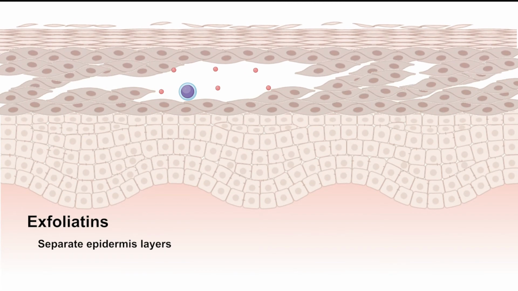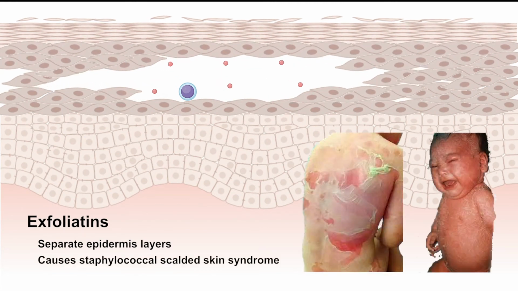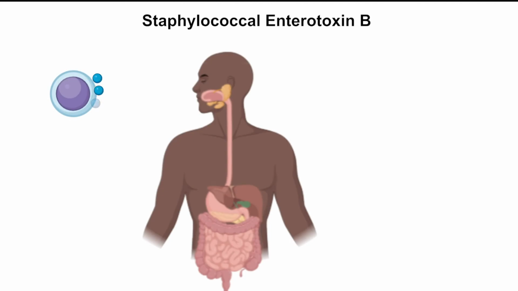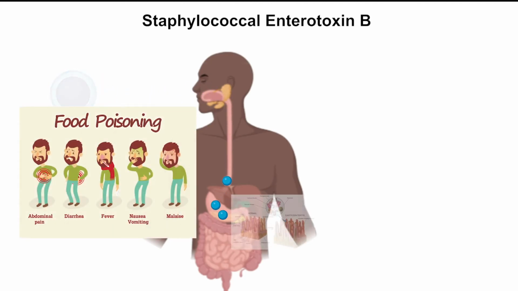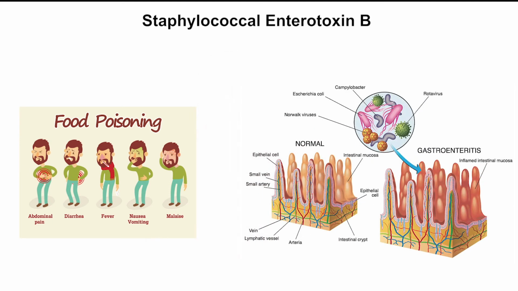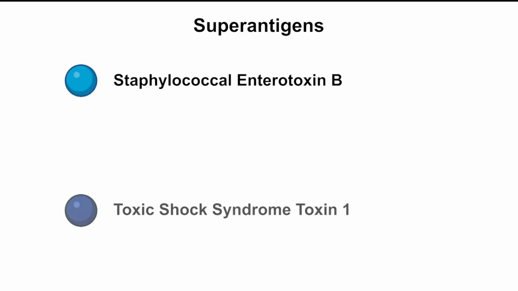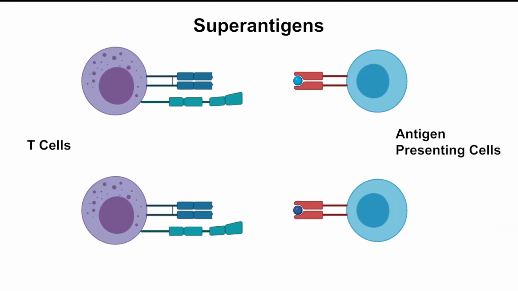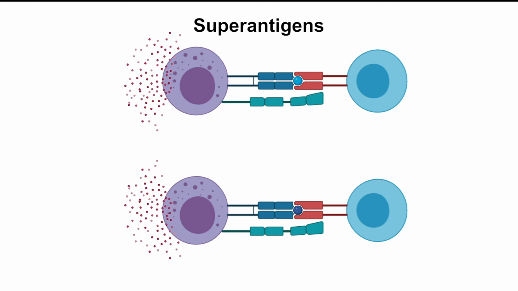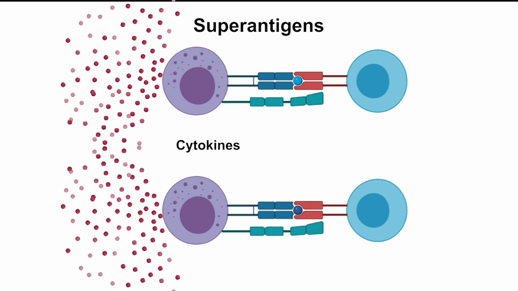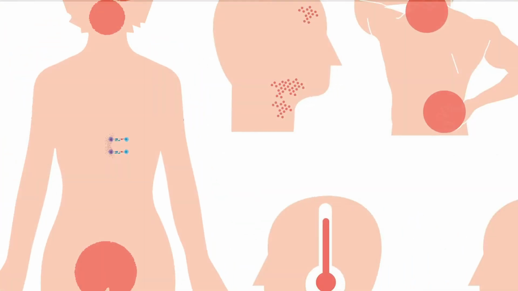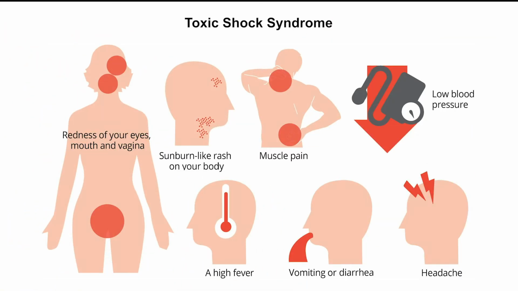Exfoliatins separate layers of the epidermis, causing staphylococcal scalded skin syndrome. Staphylococcal enterotoxin B is the common cause of food poisoning and can potentially cause gastroenteritis. SEB and toxic shock syndrome toxin 1 are superantigens that interact with the MHC class II molecules and T cells and cause the immune system to release a large amount of cytokines that lead to inflammation. A common condition associated with Staphylococcus aureus is the potentially life-threatening toxic shock syndrome, and this is the result of